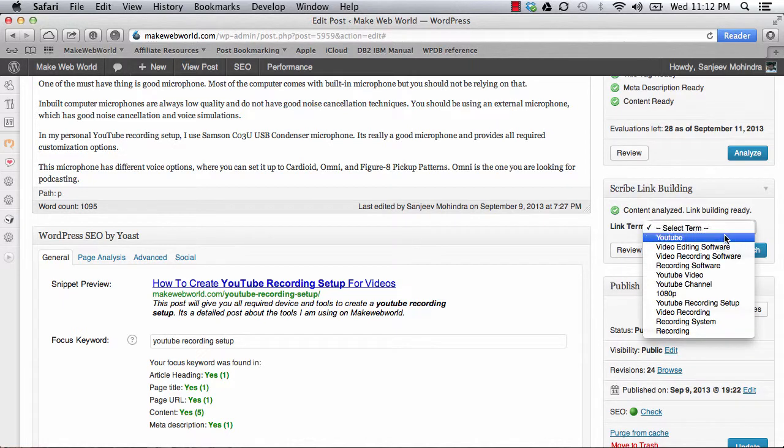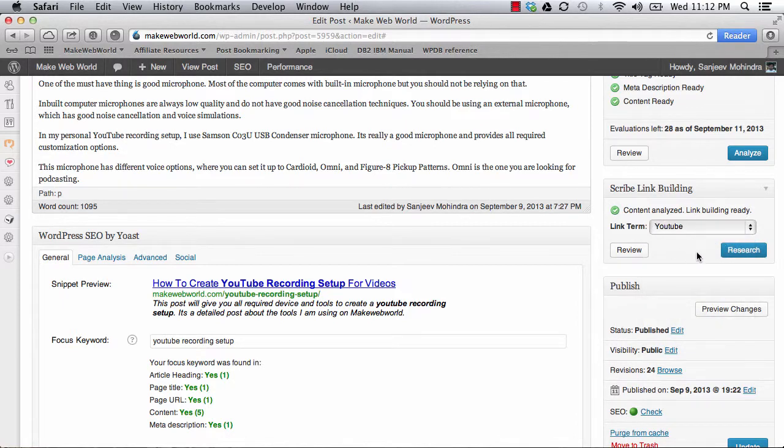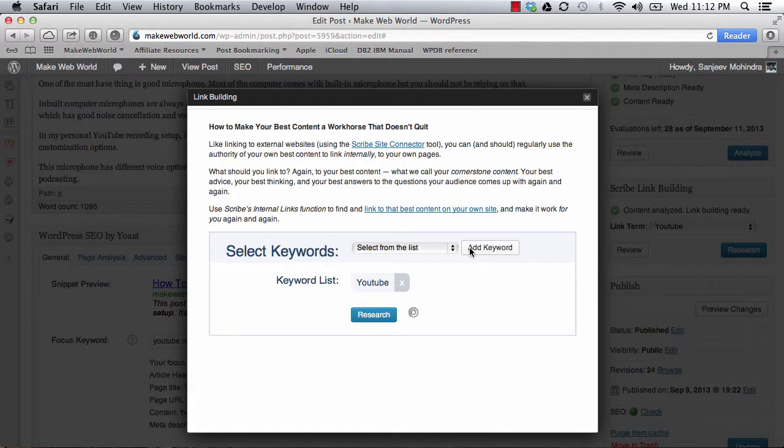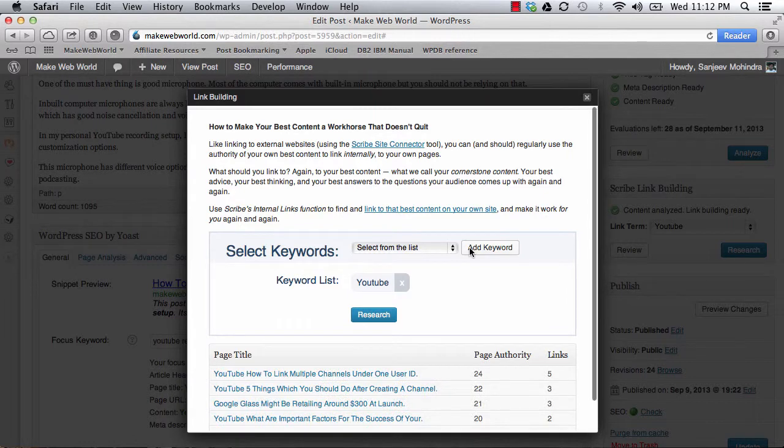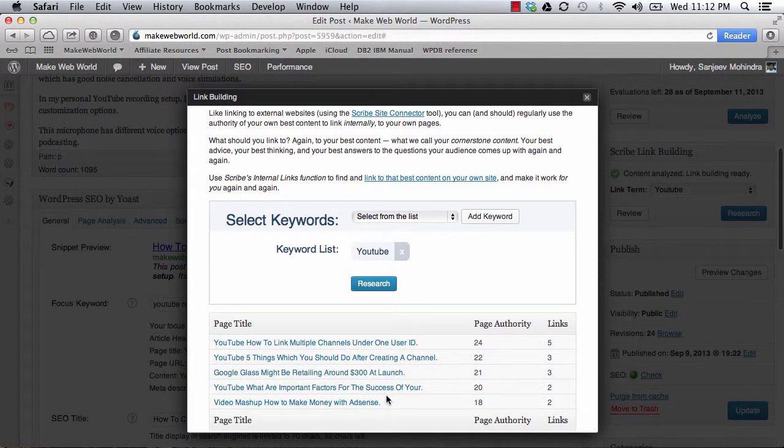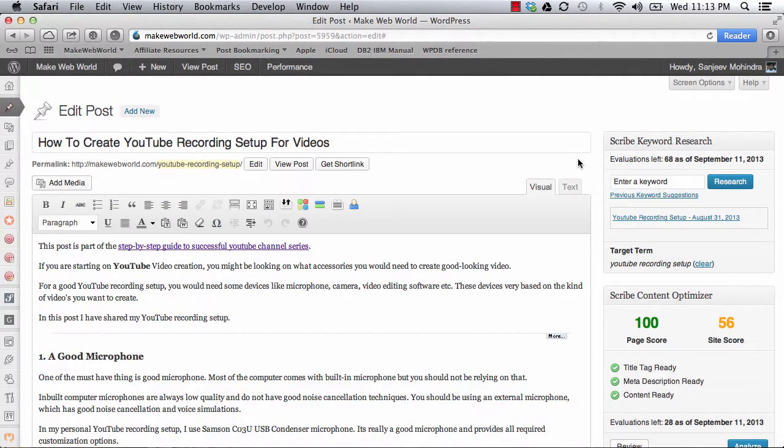What it does is you can just search a selective term and say research, and it's going to give you posts from your own blog where you can drop a link to this new post. It also gives you the page authority and the number of links behind that and everything else, so you know which page is more authoritative and where you can enter your link.